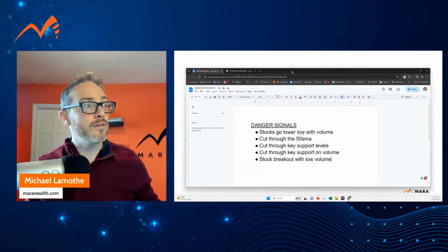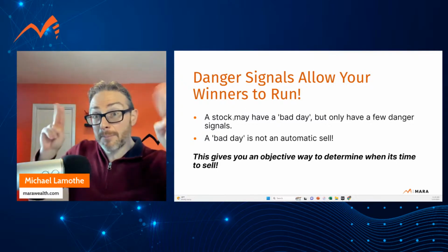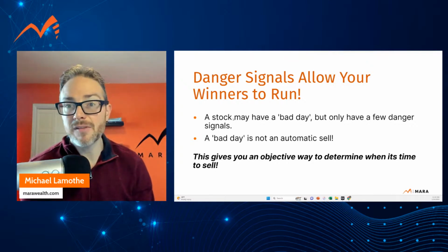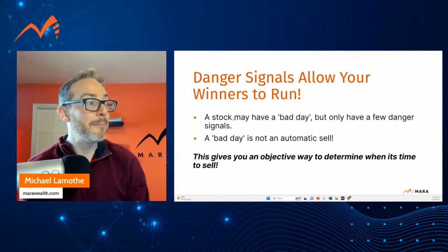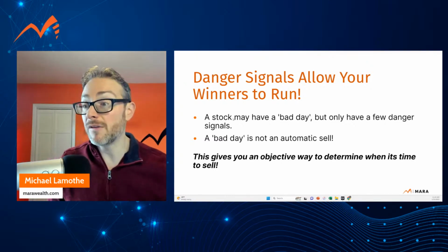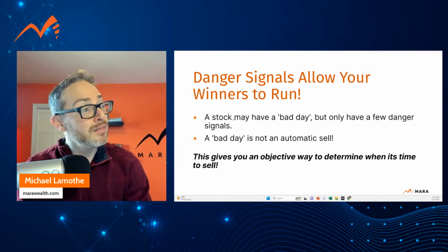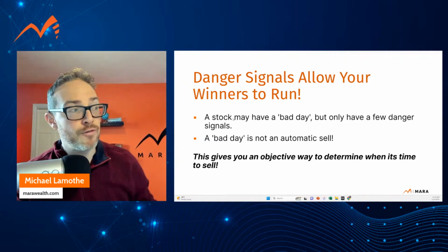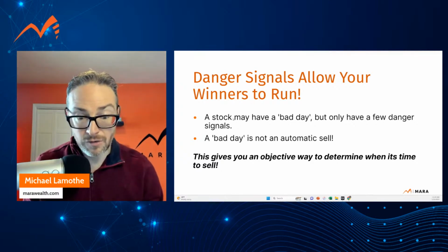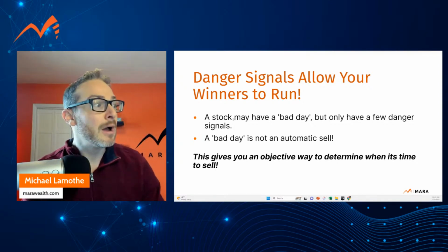And when we have ways to discern that, it's helping us to figure out what's a bad day versus what might be a time to sell. A bad day should not just be an automatic sell. We actually want to give ourselves multiple ways to sell a stock, but that's a little bit outside of the scope here. We're just focused on danger signals. If you'd like, we could do a whole other series on different ways to exit a trade. Let me know if that's something that interests you. But anyhow,